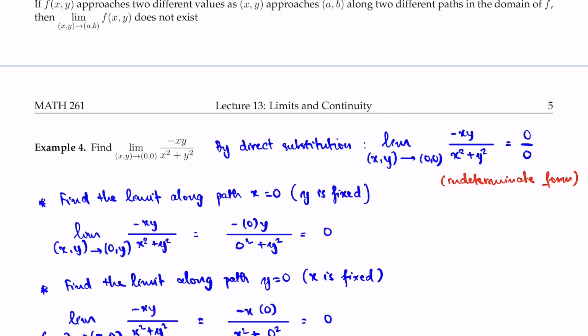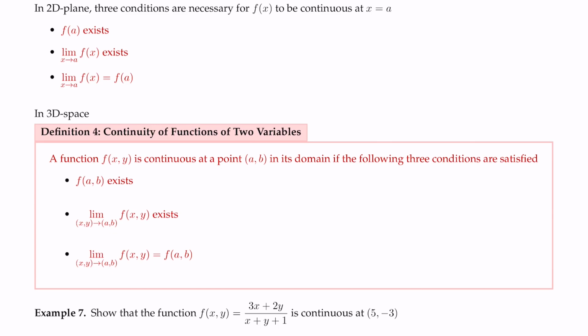So now let me move on to another concept, which is continuity of functions of two variables. In single variable calculus, you consider the function y equal to f of x, and you want to know what conditions are necessary for the function to be continuous at the point x equal to a. There are three conditions that you need to show in order to conclude that the function is continuous at the point x equal to a. That is, f of a exists. In other words, a is in the domain